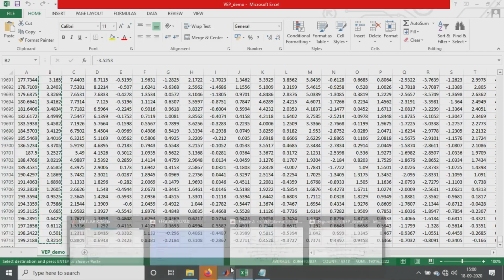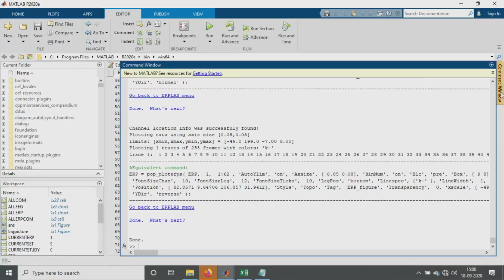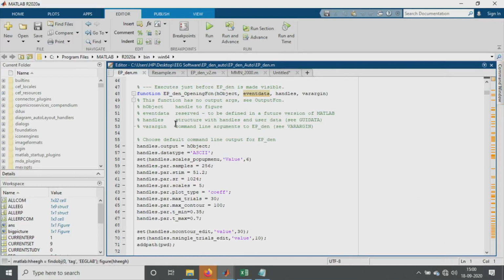Next I'll show you the data. This is the MATLAB code for the wavelet analysis. Here these three are the main important parameters that you have to check. These are the sample numbers, which means that for each epoch there are 256 samples, so we put 256 over here.